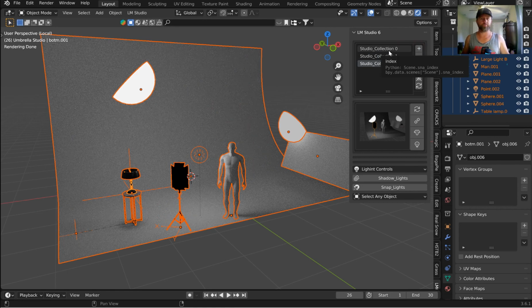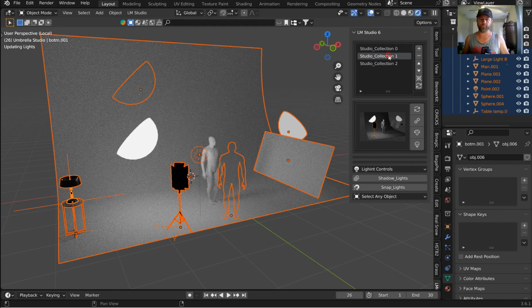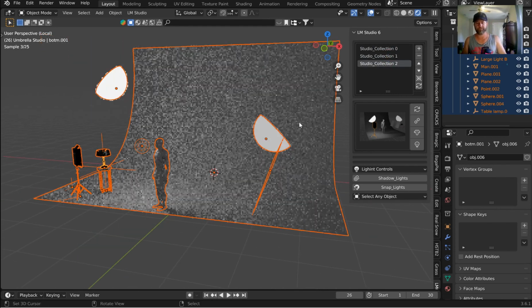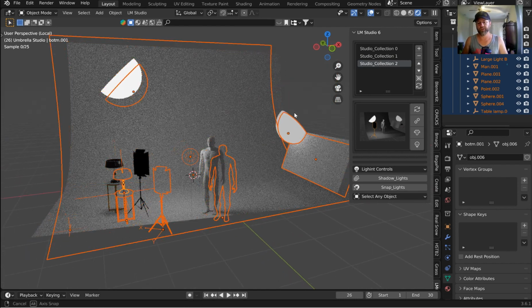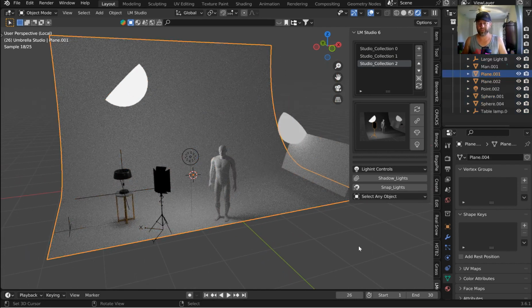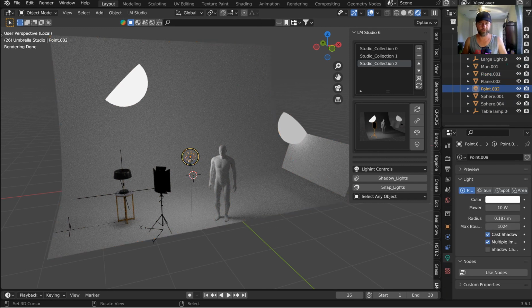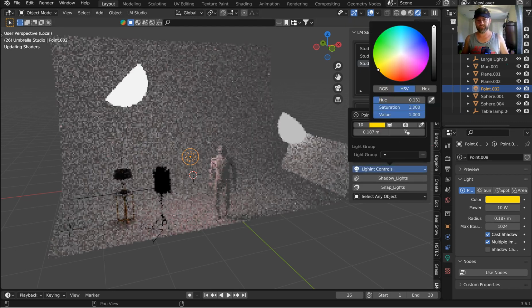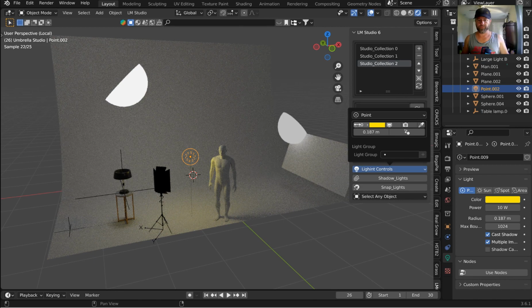And let's switch between them. So we got the original, got this one, and then this one, and how it's set up. And I do have these clipping, but whatever. So grabbing this light, let's bring up the light properties here so you can see what's going on for what I do next. We can go in and change the color now, change the intensity,